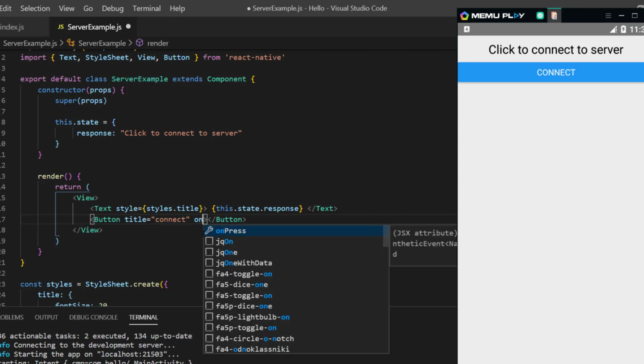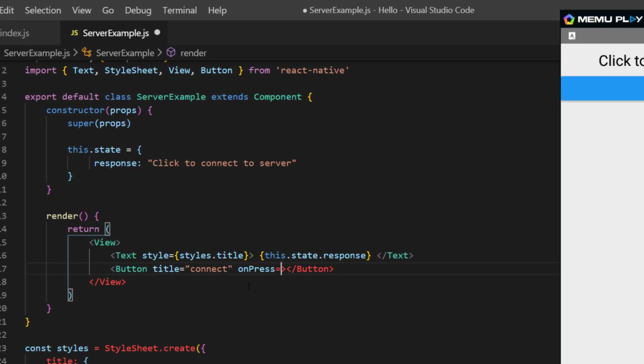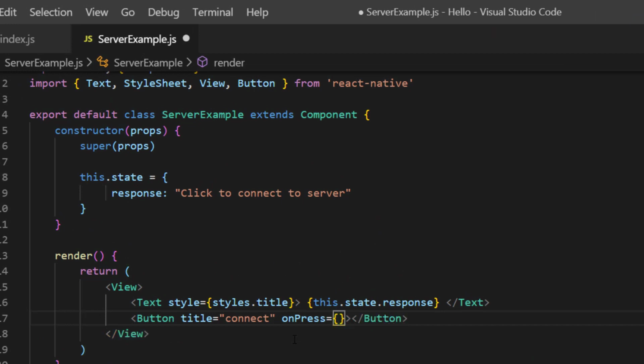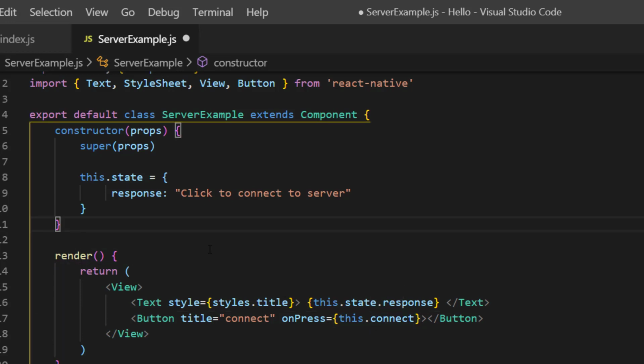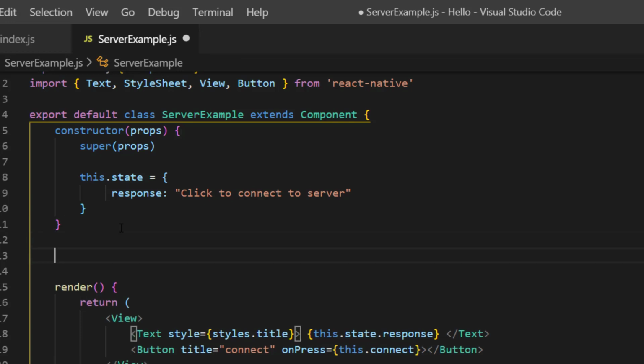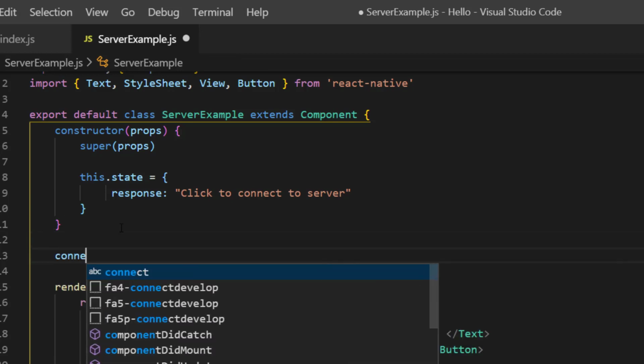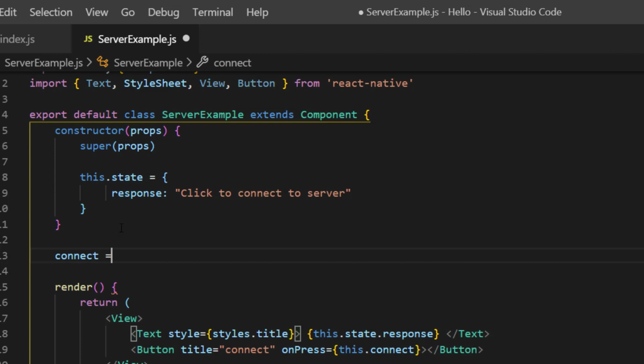So here we use the property onPress, and you point it to a function that will be created instantly, and the name of the function will be connect. So here we create the function, the arrow function, like this, connect,